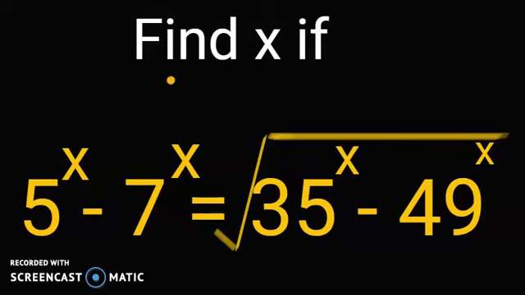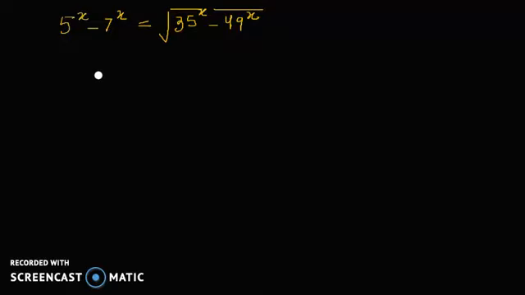As you can see, today's question is 5 raised to power x minus 7 raised to power x is equal to under root 35 raised to power x minus 49 raised to power x, and you have to find the value of x. I have noted down the question on the next slide, and then we will proceed to solve this question. So we will square both sides, which will give us